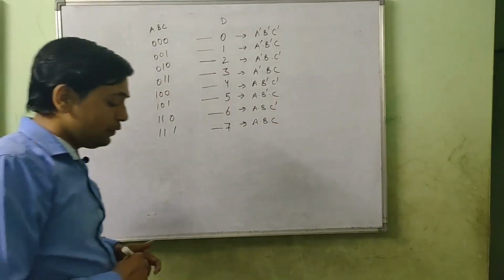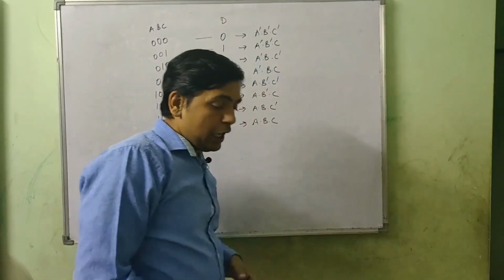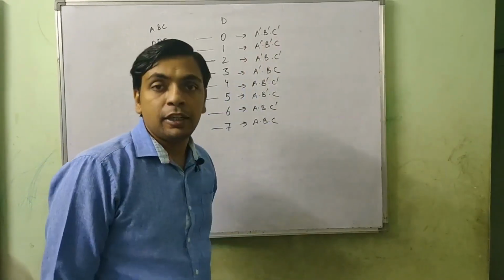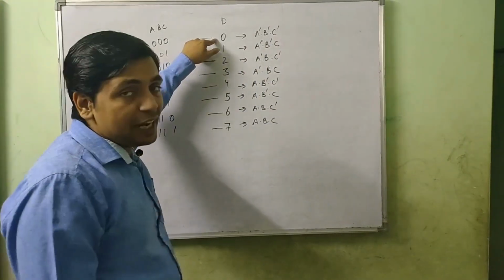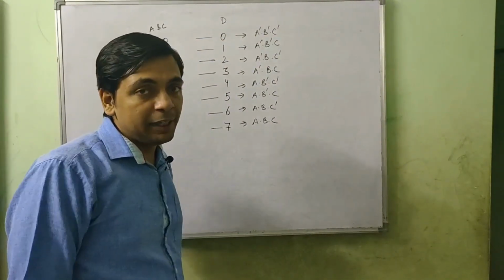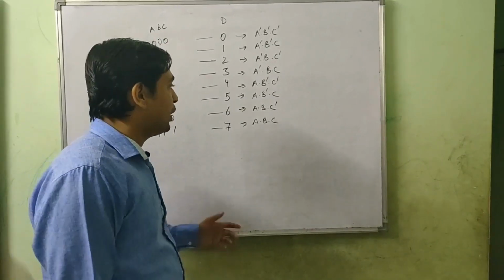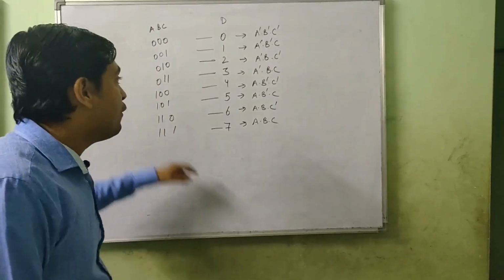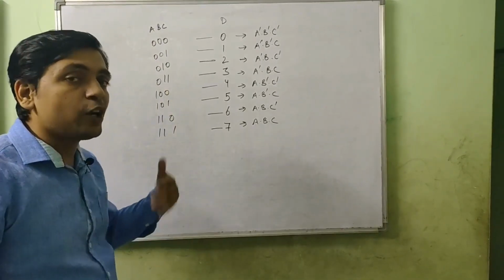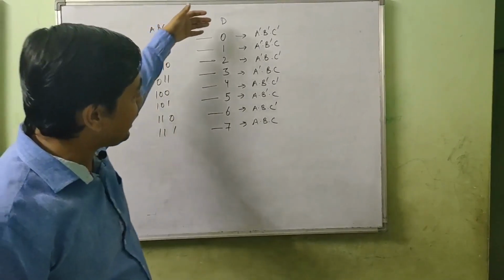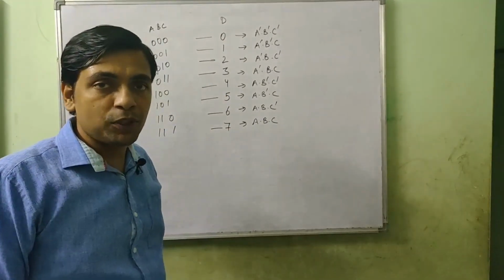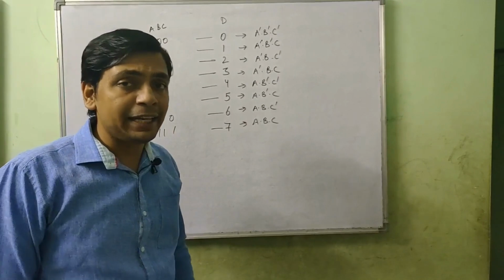Now with the truth table we will come to know, to get the output of any of them, what the possible inputs for it are. For example, for D0 to be an output, A, B and C all should be in complement form. So to make a decoder, we will make these three inputs in both forms, normal form and complement form, and we will make 8 different outputs and 8 different gates to represent 8 different outputs.